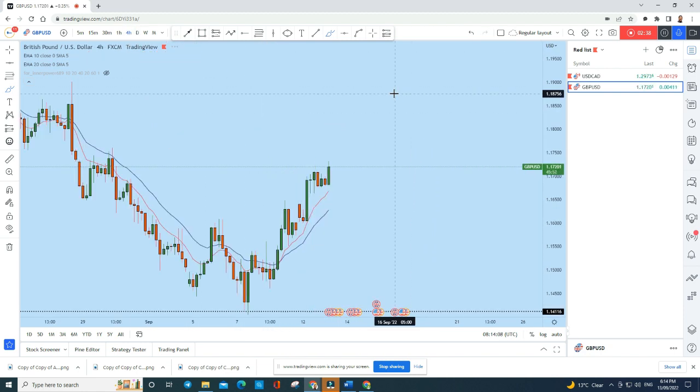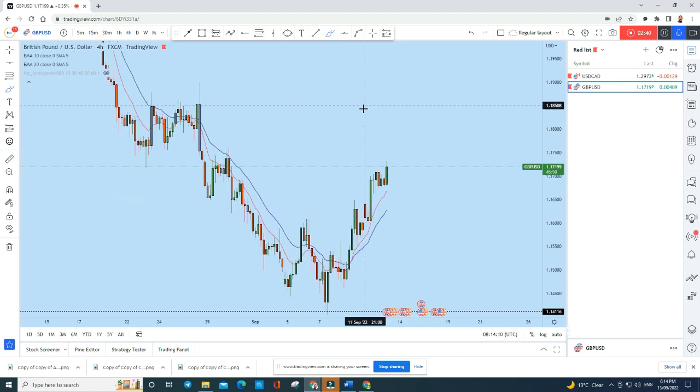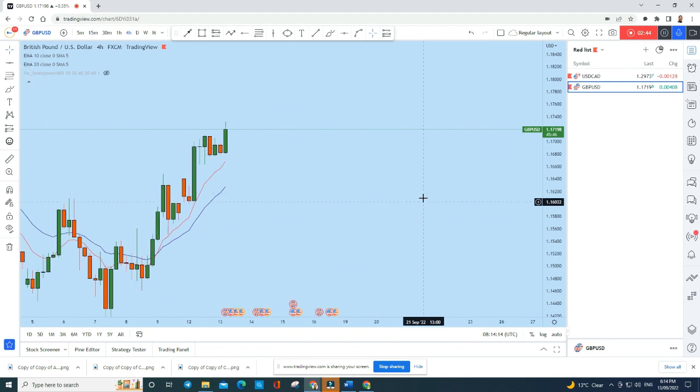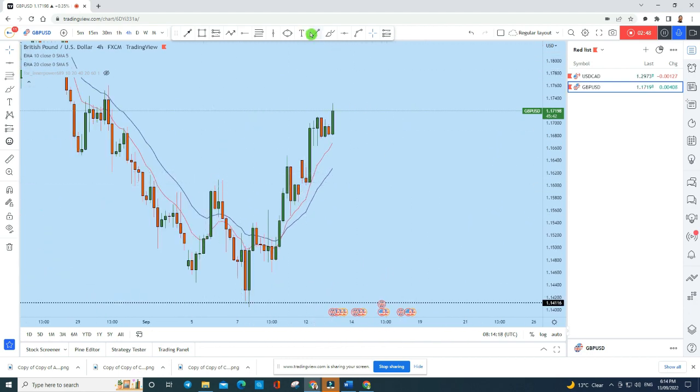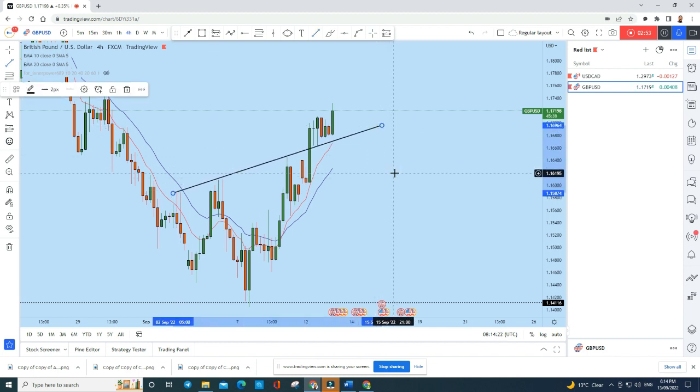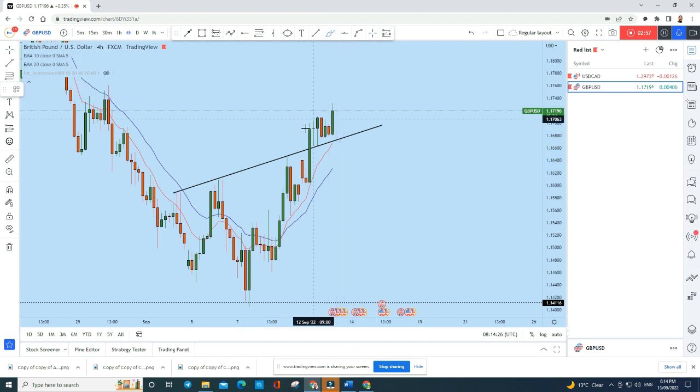If you look at the intraday time frame for a potential long opportunity on British pound US dollar, what we see is exactly what I mentioned in my yesterday's analysis. This is just an update of that analysis. I will link it below this video so that you can review it for your educational purposes. This is exactly what I mentioned when this candle was forming, that on the retest of this previous resistance here, we